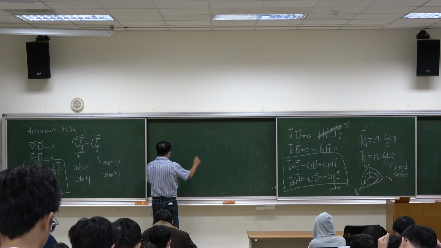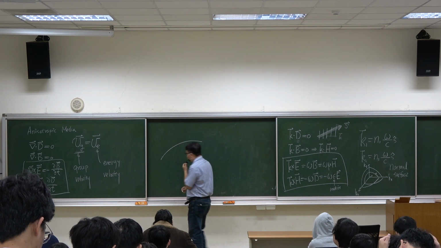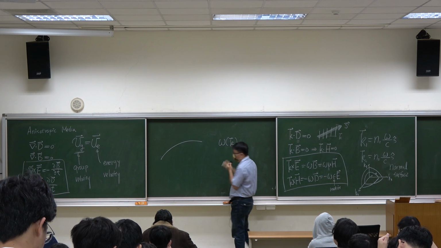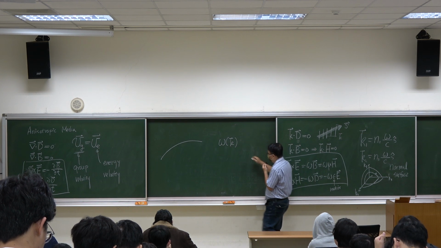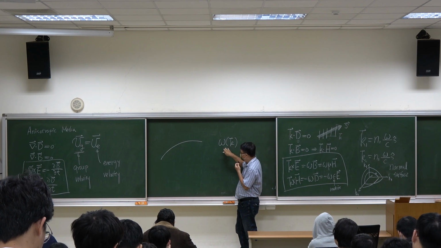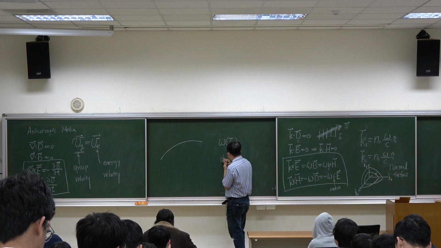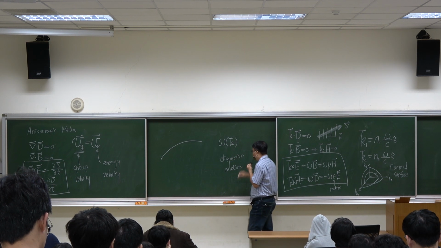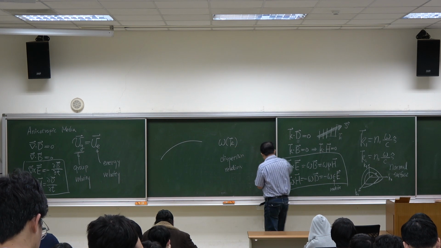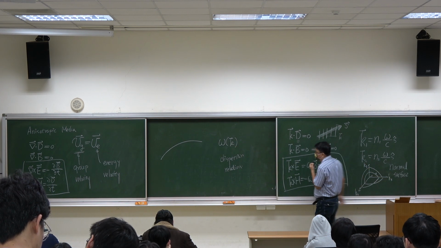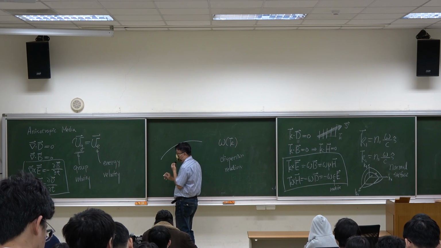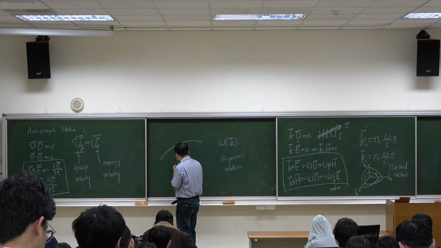Mathematically, we know that if we have a surface, I denote it as omega of k. We treat omega as a function of k. This function is called the dispersion relation. Here, omega of k is just our normal surface. Then mathematics tells us that gradient omega